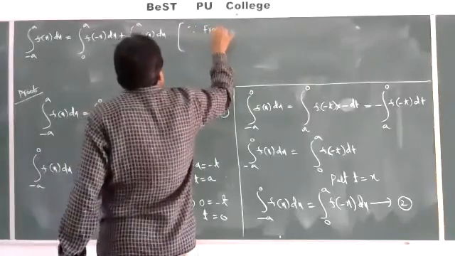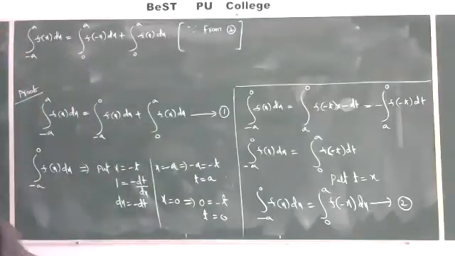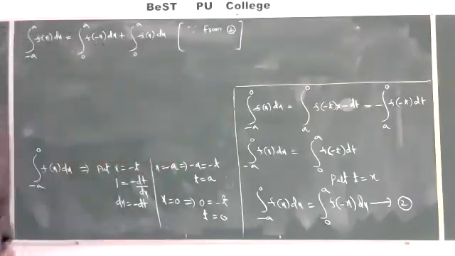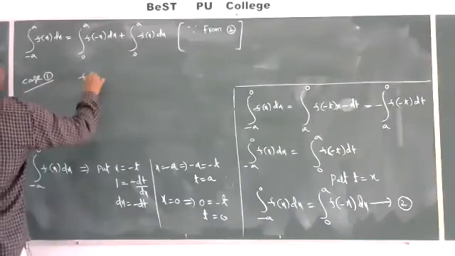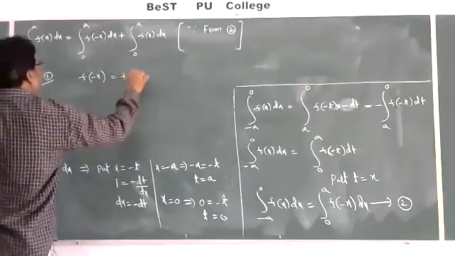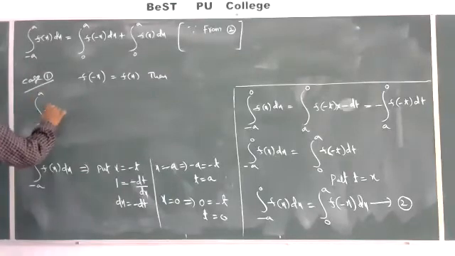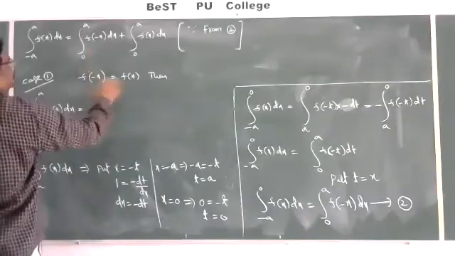Since, from the second equation, here case 1 again. What is case 1? f of minus x is equal to f of x. Yes, case 1: f of minus x is equal to f of x. Then the integral from minus a to a of f of x dx is equal to, with f of minus x equal to f of x,